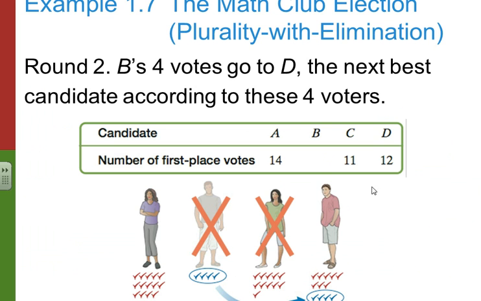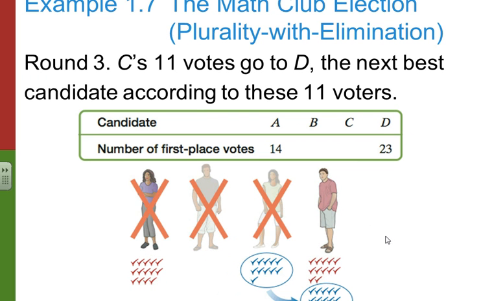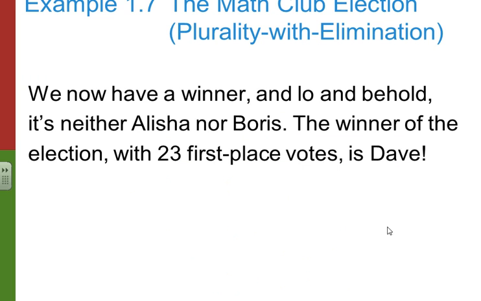And then now the first place votes end up in that category: 14, 11, 12. And then we get rid of C, and D wins, because C had the fewest first place votes. And we'd have to go back to